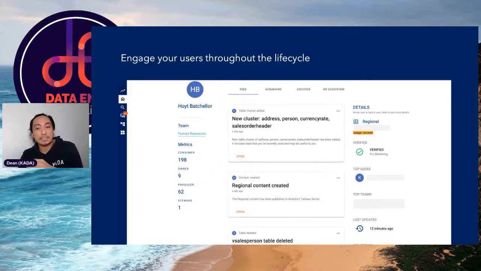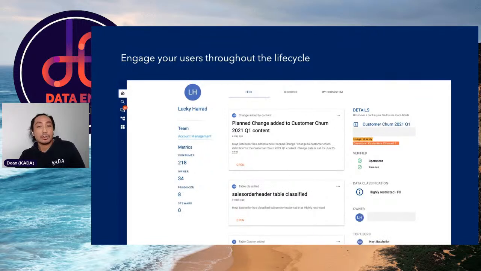One thing our platform does is it creates a personalized experience for every person based on what they use. This means that you can engage people at a very deep level about, say, a new product being launched, or when changes happen to existing products, or even actions like governance classifications, for example, that are often dark to most people. One of the most exciting things is the ability to engage people at the right time, like when they use a data set for the first time.